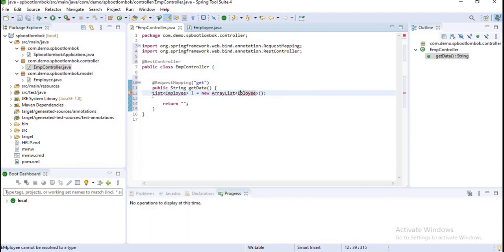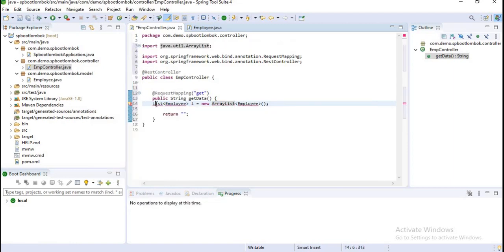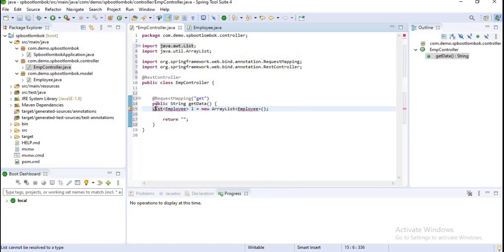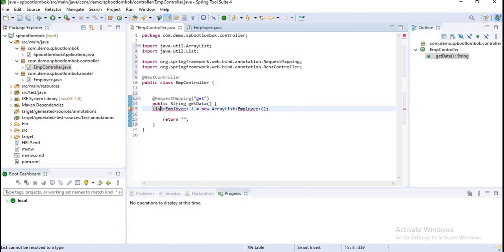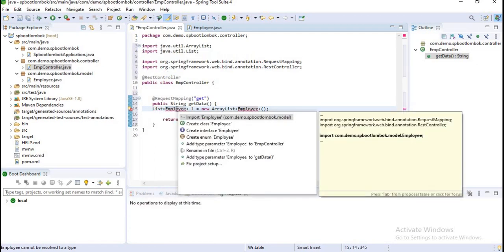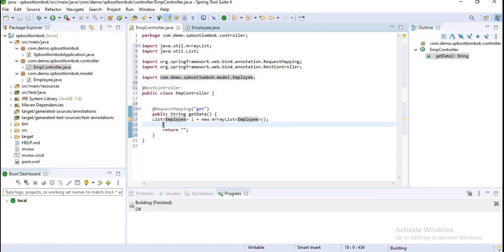And I want to import this List too. Sorry, I have imported AWT. I want to import only java.util. Guys, please observe carefully while you are importing this package. If you import a wrong package, you will get a lot of problems while compiling your code.